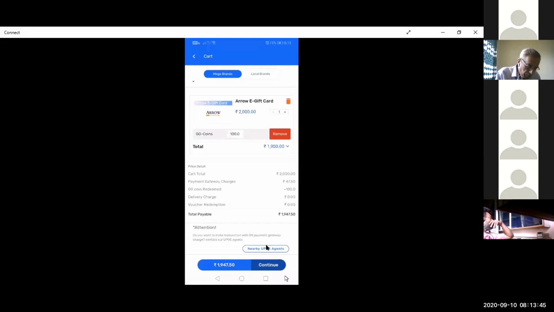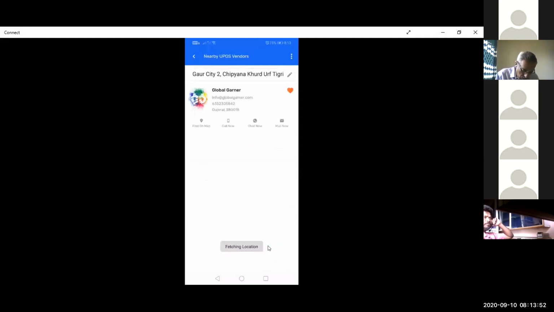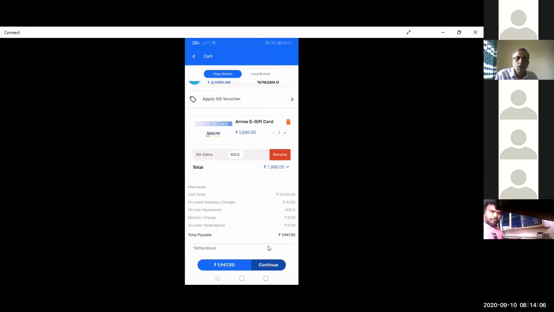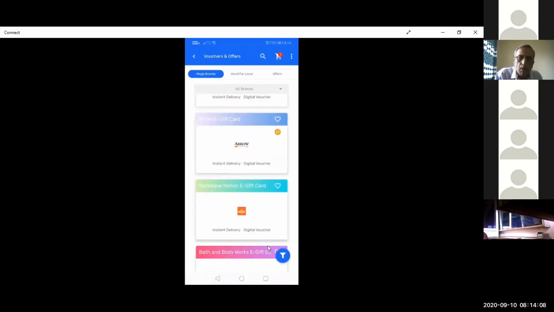So when you click on this button which says nearby UPOS agents, it will take you to the list of UPOS agents that you have nearby. So you can contact any of these UPOS agents and you can buy these vouchers from them also without paying any payment gateway charge, right? So that's how you can shop through Mega Brands.